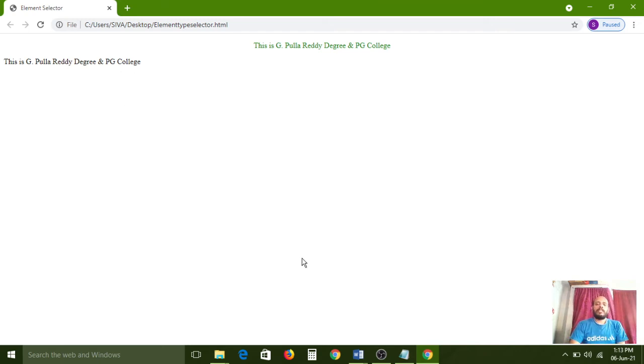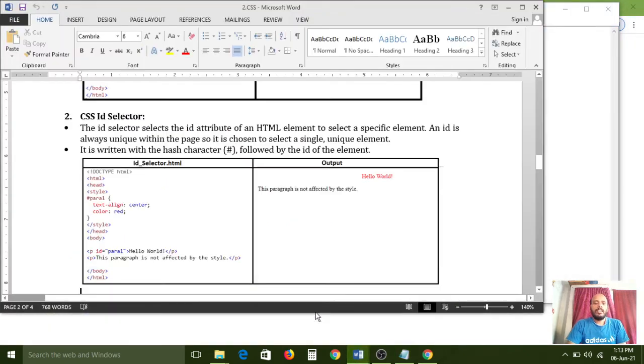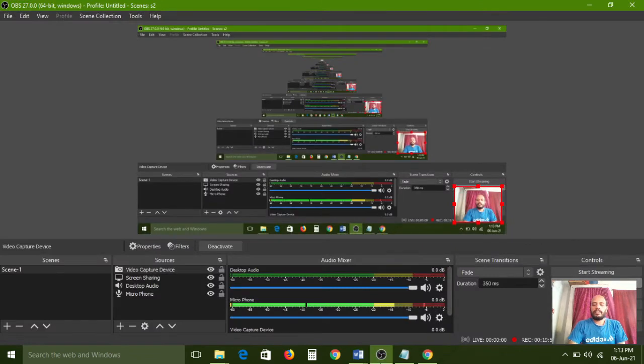In that case, if you haven't used an ID, if you haven't used a hash symbol, and instead use an element type selector, then by default it will select all elements. Understand? Here unique maintenance is not possible. So that is called an ID selector.